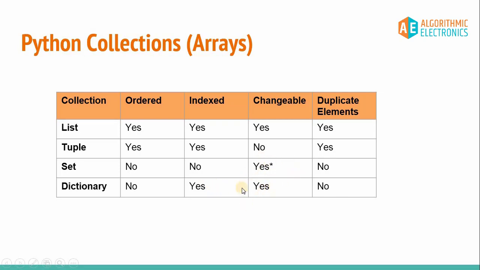And secondly, both are changeable, though the set is not completely changeable, as the value of an element cannot be changed, but an extra element can be added inside the set, and even we can delete some element from the set. But in case of dictionary, it is changeable and it is indexed, and again it is not ordered. That means there is no fixed order of elements. So at the first position what element to put is not fixed, but this has to be fixed in case